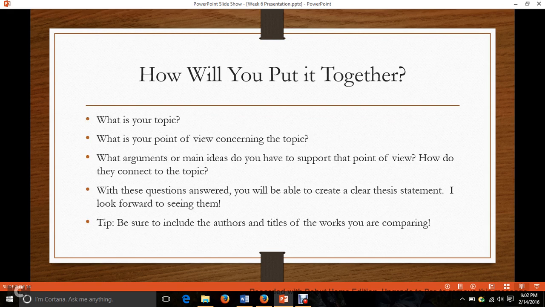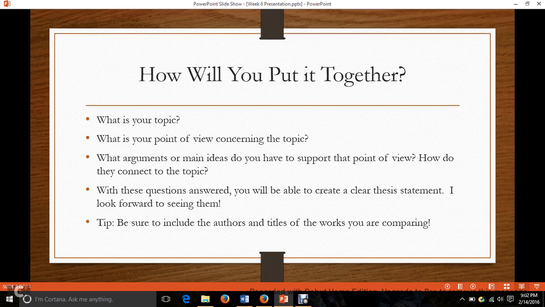So when you start to look at putting everything together, some questions you can ask yourself. What is your topic? So that would be basically the stories and their authors that you're going to compare and contrast. What is your point of view? So why would you compare these two? What's the point? What meaning are you bringing together? What arguments or main ideas do you have to support your point of view? So how do they connect? Do you have